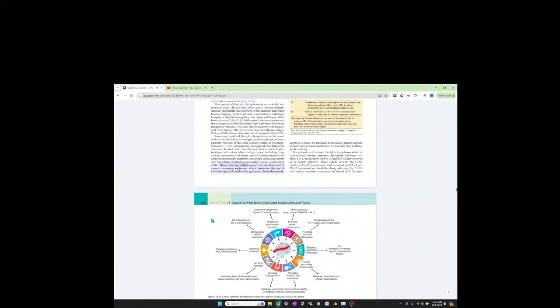However, it was subsequently recognized that long-term survivors treated with radiotherapy had a much higher incidence of certain other malignancies, including lung cancer, melanoma, and breast cancer. Patients treated with early chemotherapy regimens containing alkylating agents also had a high incidence of secondary tumors, particularly AML. These sobering results spurred the development of current treatment regimens, which minimize the use of radiotherapy and employ less genotoxic